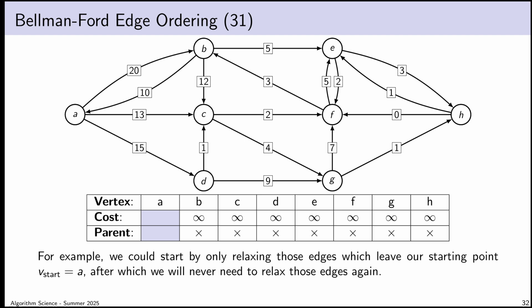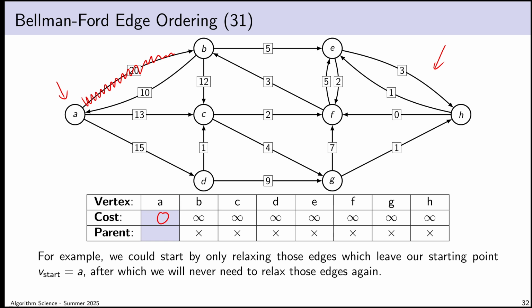Okay, so let's just skim over an example of this. We could start by saying, I know that my starting vertex is vertex A here. I could begin by only relaxing in my first iteration, instead of relaxing every edge, including edges over here that I know are not going to help me, I could start by only relaxing the edges that leave vertex A, because I could easily argue at the beginning of the algorithm that the minimum cost of travel to vertex A has been locked in at 0. That is, we've already defined the cost of travel from a vertex to itself to be 0.